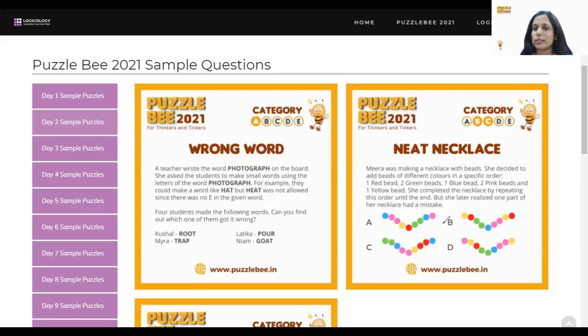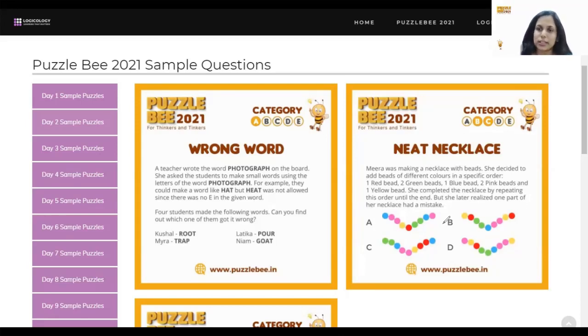Okay, so looks like there's again a puzzle on patterns. Wherever something is done in a very specific way, you can be sure that the puzzle is about patterns. Something based on a particular rule, and you have to keep following that rule throughout. So let's see what rule Meera had for making her necklace.